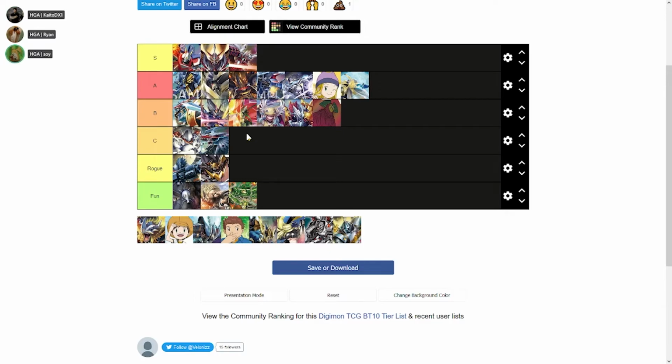You would say that for Beals. I think Beals is actually just straight up tier 2. I don't think it's that bad. I think if we're putting Imperial Dramon in C, I don't think it's worse than Imperial. No, I would put Imperial into Rogue tier. That's fair. Just the fact that it still has that aggro piece, it still has the potential